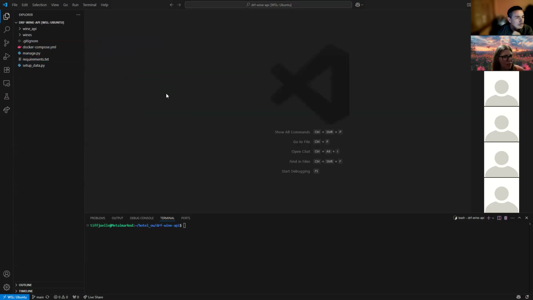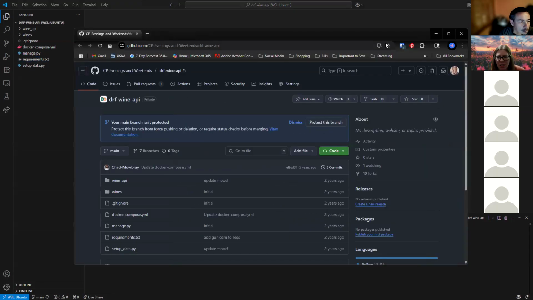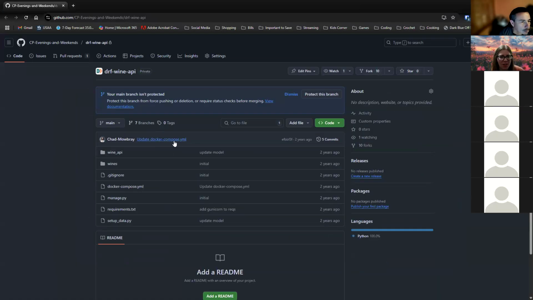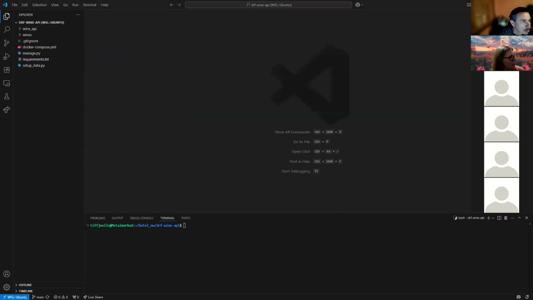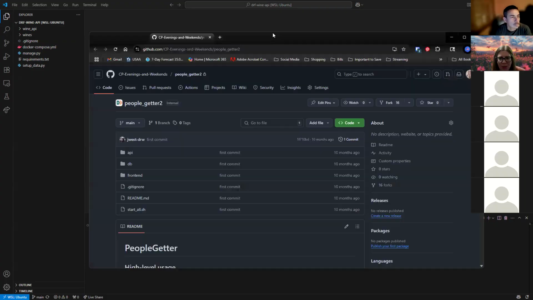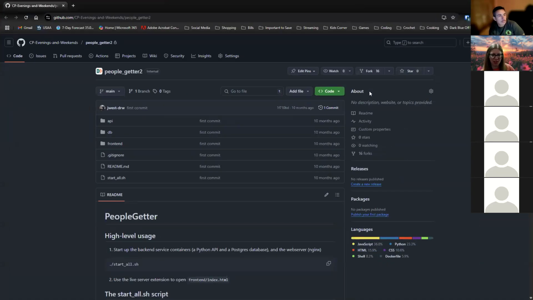Okay, so back, actually, I do want to look at this. Oh, no, I don't want the Django framework one. I wanted the people getter. Hang on, I'm getting the people getter. It's day 3. Okay, maybe this has everything. Okay, so looking at this repo,